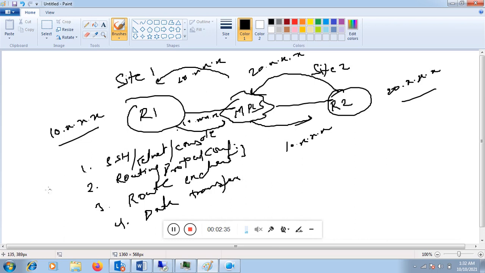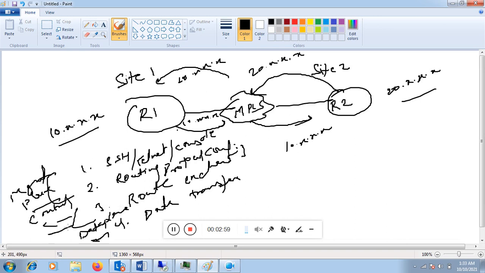So this can be divided into three planes. These two come under the management plane, this comes under the control plane, and this comes under the data plane. Now what SD-WAN does is it decouples the management and the control plane from the actual device. With SD-WAN, the router will only take care of the data plane, whereas there are separate components taking care of the management plane and control plane.